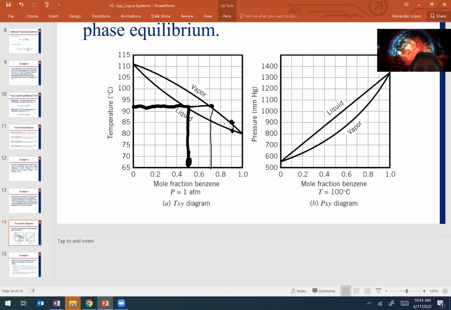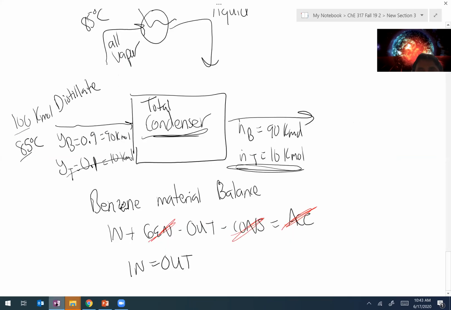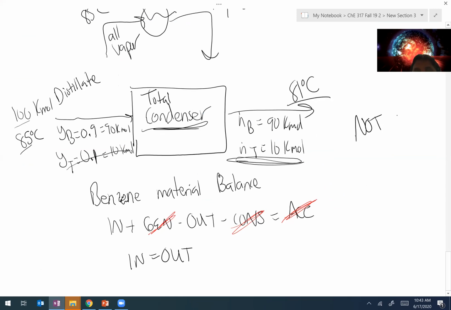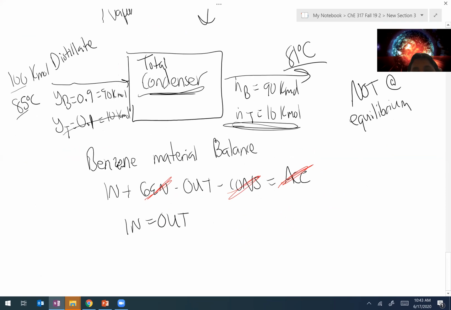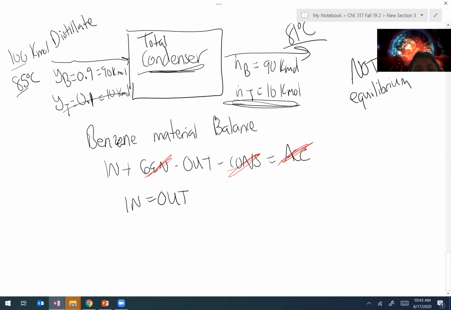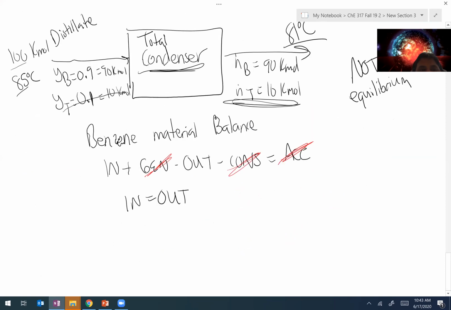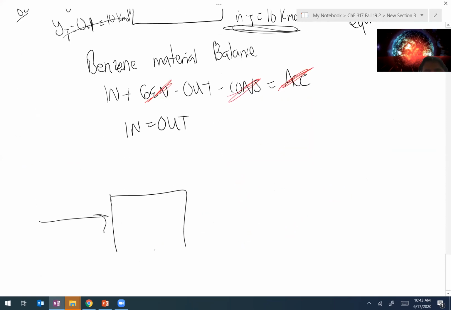And what you might find then is it will come in at 85 as a saturated vapor, but it'll leave the system as a saturated liquid at a lower temperature. So this is going to be more closer to about 81 degrees C. And it's important to note, this is not at equilibrium, right? Because I'm forcibly condensing everything in the solution or everything coming into the system. That differs from what I would call a partial condenser,